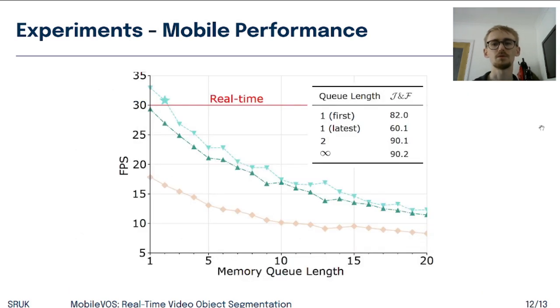Our smallest model has an inference latency of 32 milliseconds per frame on a Samsung Galaxy S22, thus opening the doors for real-time SVOS